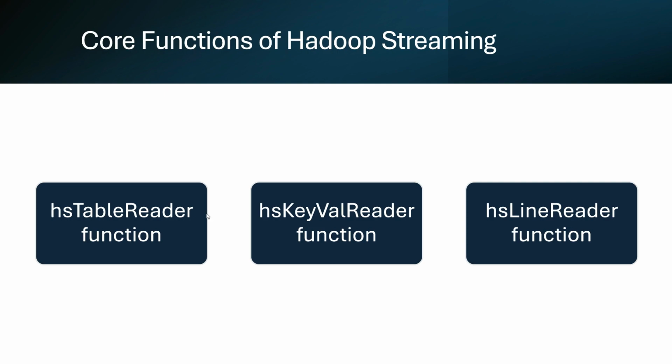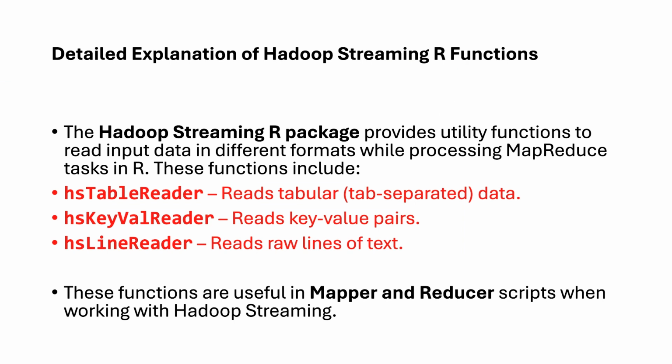We have the HS table reader, then the HS key value reader, then the HS line reader. These functionalities are for the various data formats that I explained earlier. These are the three different input formats we have inside Hadoop streaming. Now let us understand one by one, starting with the HS table reader function. The HS table reader function is designed for reading data from the table format, and this function assumes that there is an input connection established with the file, so that